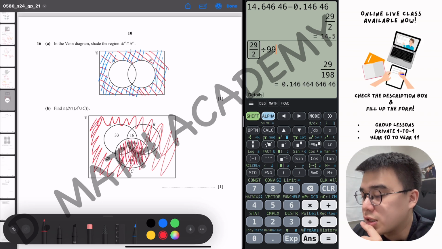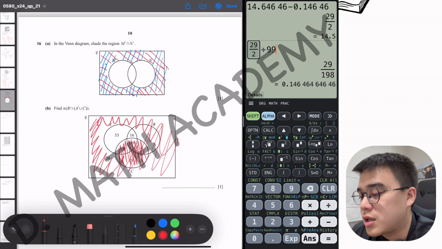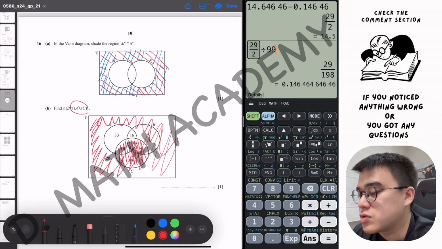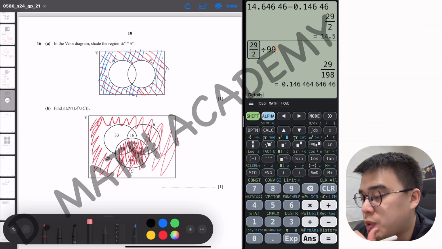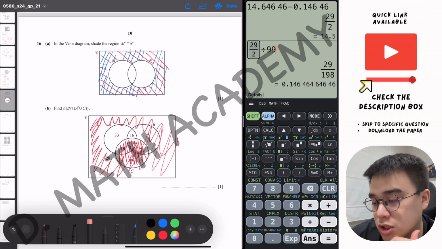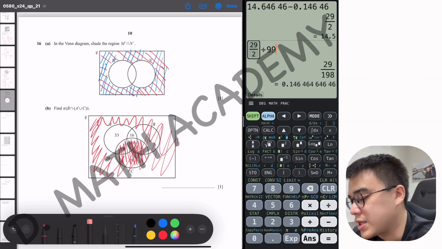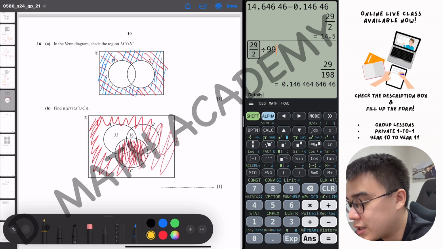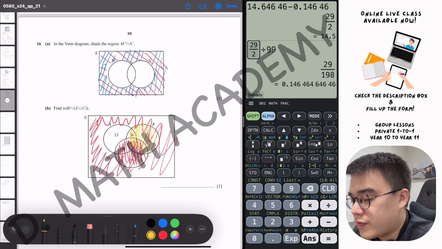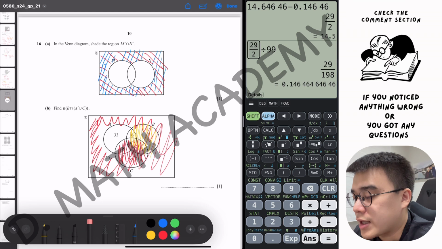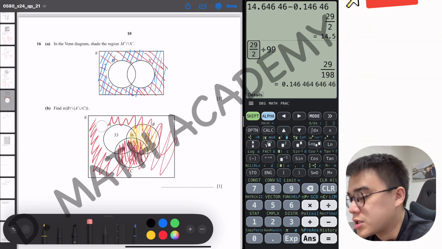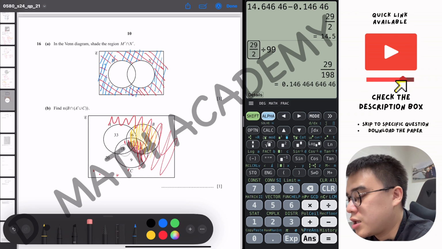Currently, everything that I shaded is here, and then they want us to check which part that we shaded actually overlaps with B. B is in a yellow color. Okay, so with all this information, I can safely say that my answer is actually just here,